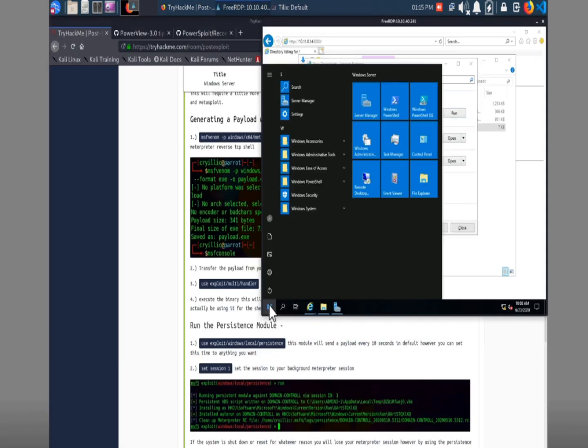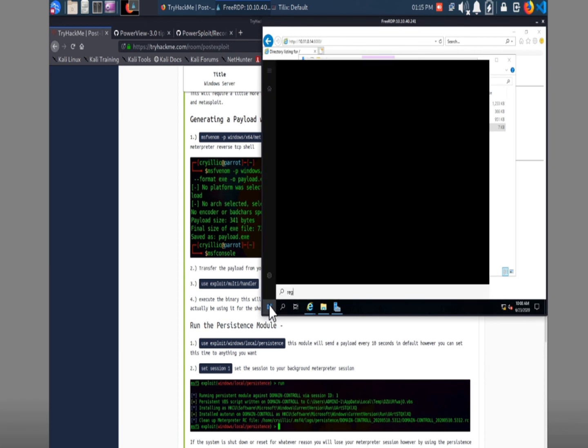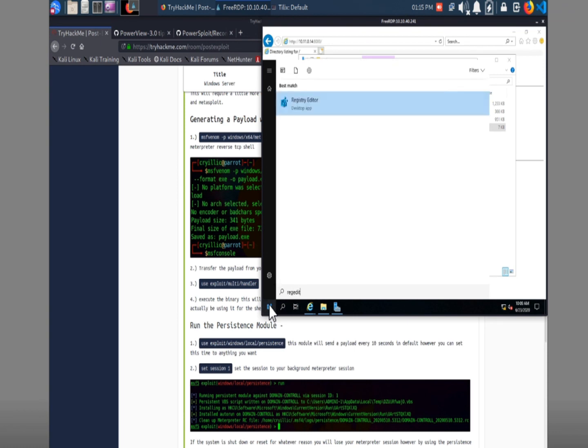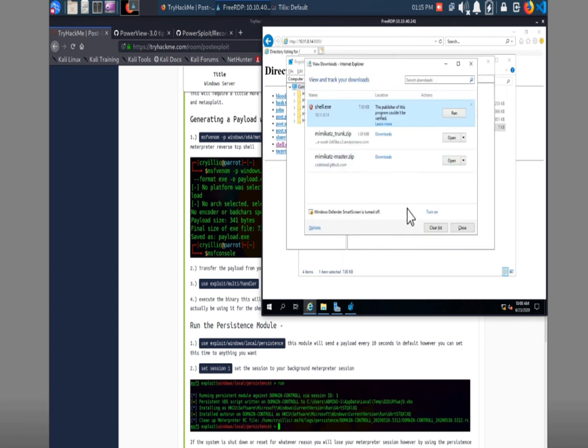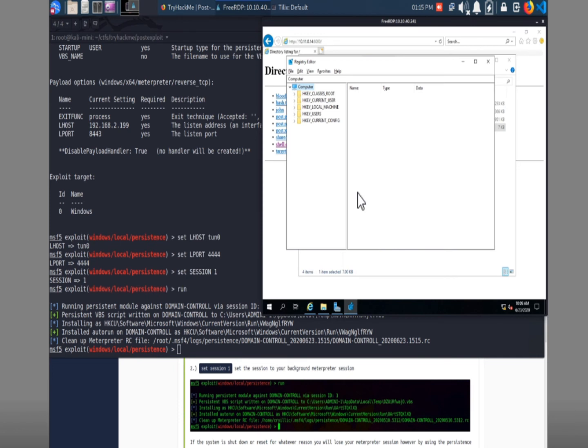If we were to go and look at the system now, just to give you an idea, we'll do a regedit. So this is the registry editor on Windows. Let me close this and then bring up this terminal window on the side here so we can see where this was at. All right, so it put it in HKEY_CURRENT_USER. So again, that's the current user's registry. Then in Software,